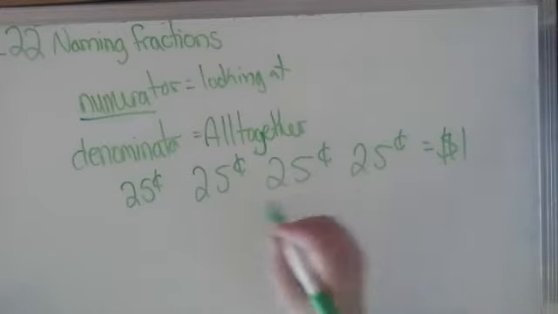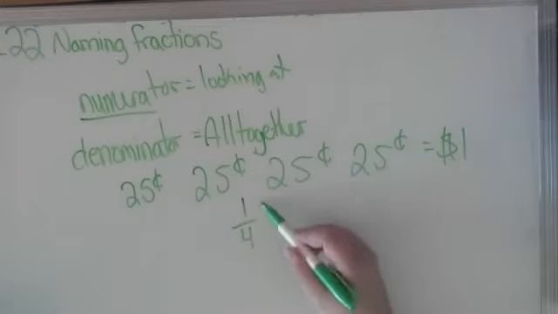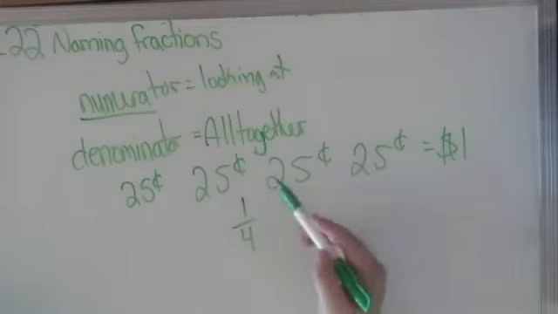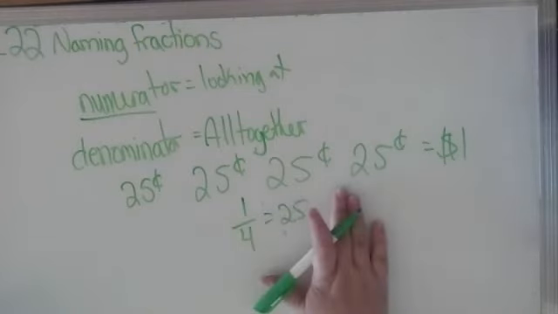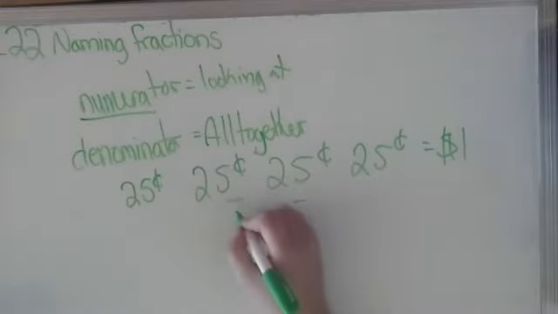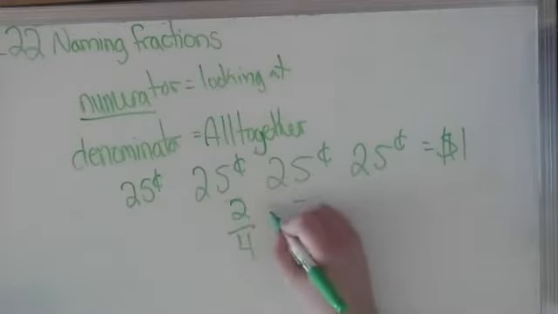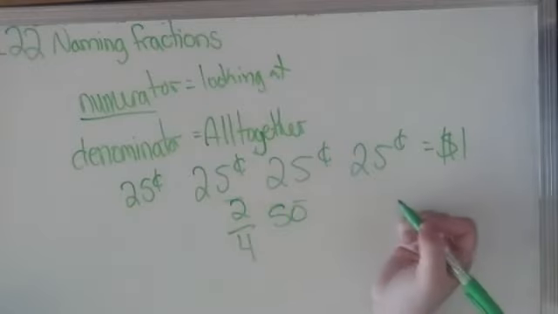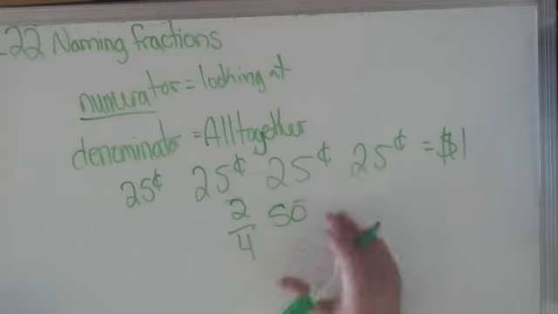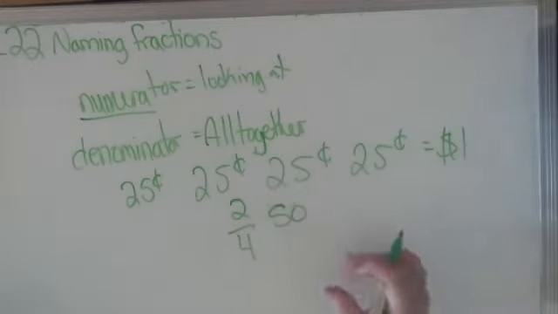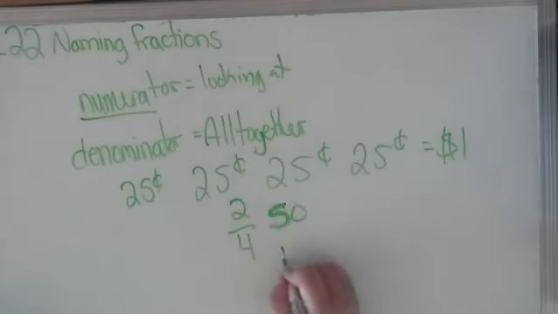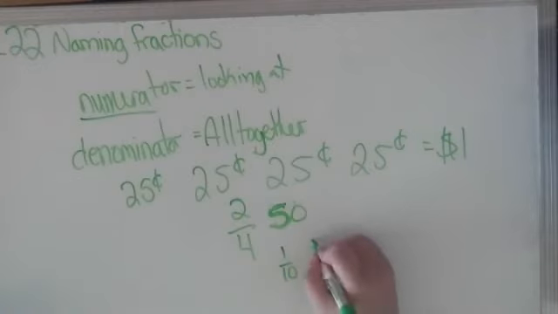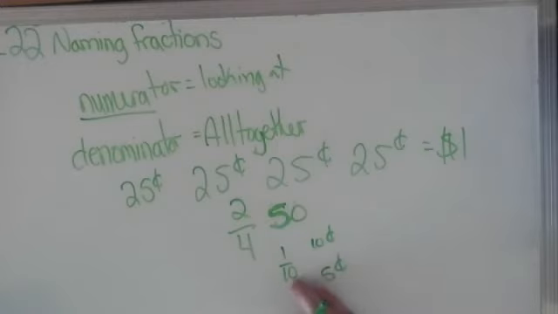Which means 1/4, because there's 4 altogether and I'm looking at one of them, is 25. Which means if I had 2/4, it would be 25 plus 25 is 50. These are some of the basic fractions that you use for money. 25s, 10 cents is 1/10 of a dollar, is a 10 cent, and a 5 cent is one is